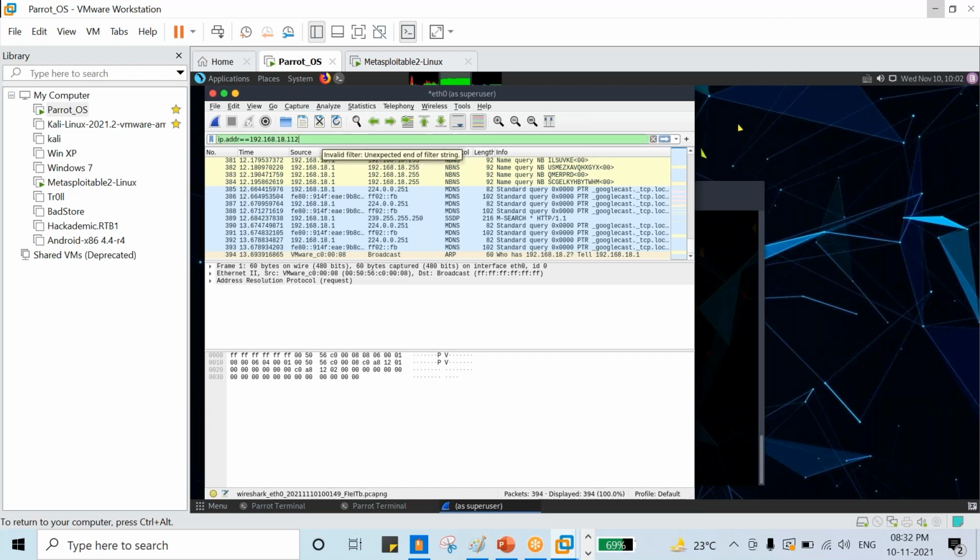I would like to show only the traffic going from the 128, so that's why I'm applying the filter instead of showing all the traffic.